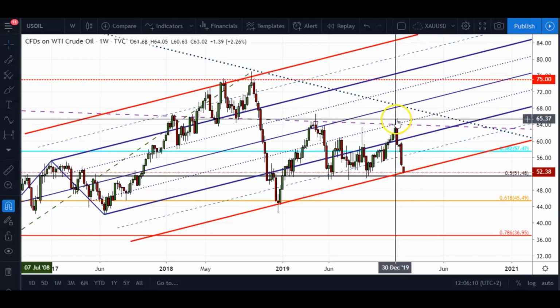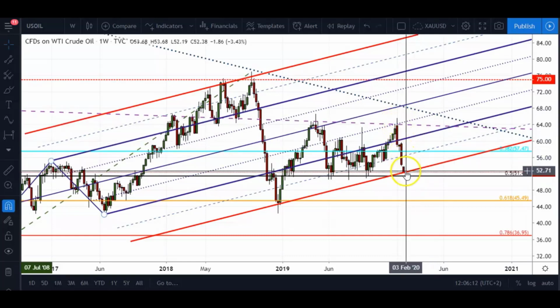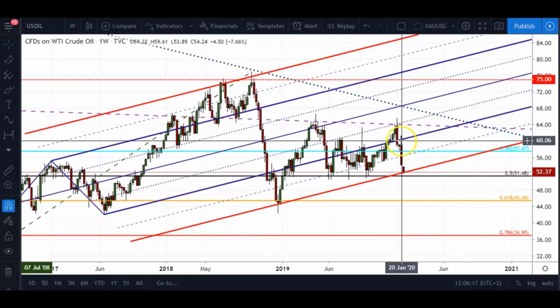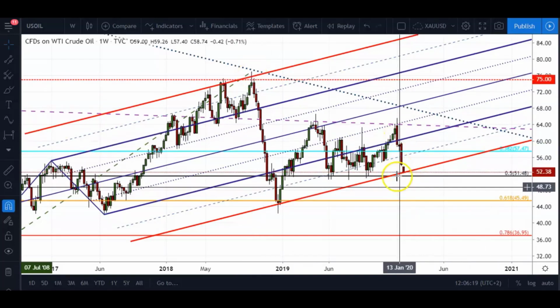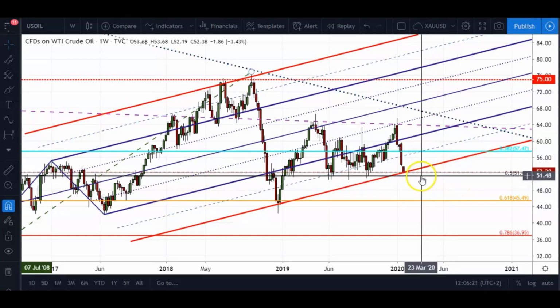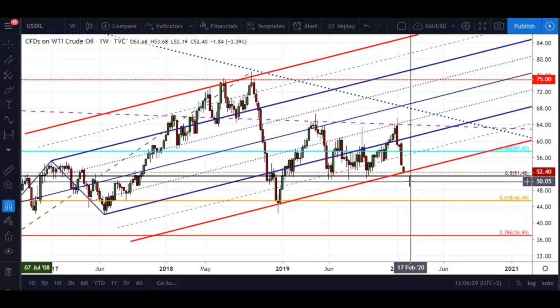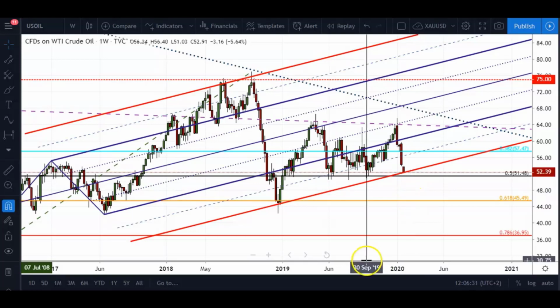Just note that moves like this, strong, fast and down, although they can continue like this drop from the 2018 high, they don't just drop straight down. You can have zigzag formations going down, but this is my key technical level that I'm watching at the moment. If price exceeds or breaks below this level, with some decent momentum behind it, then we could see a test